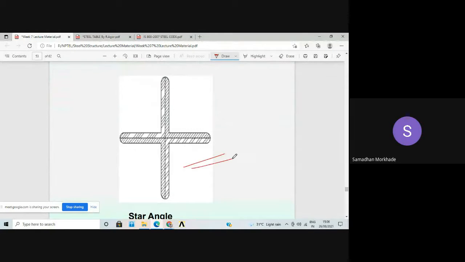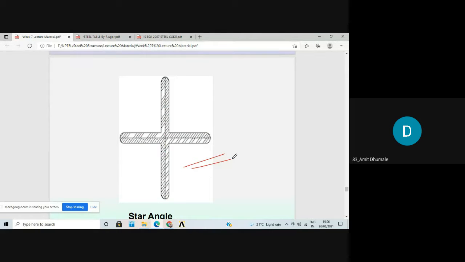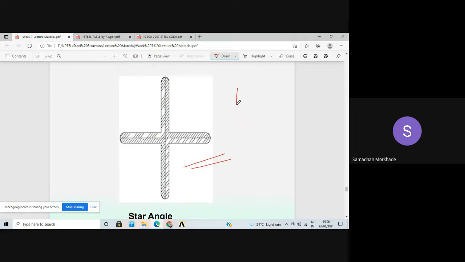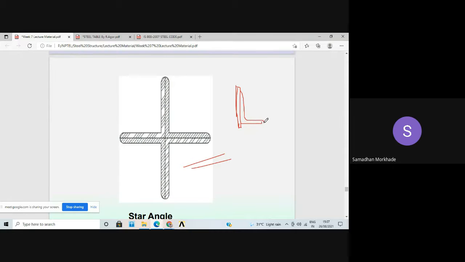Yes sir, it is a very special case. Normally it is used in some trusses, some communication towers, but its use is very limited. The best arrangement is like this. Even you can place them in a different manner also. Normally this is the maximum feasible arrangement: angles placed like this is the best and most adaptable arrangement for angle sections. Okay, it is good for the connections also.